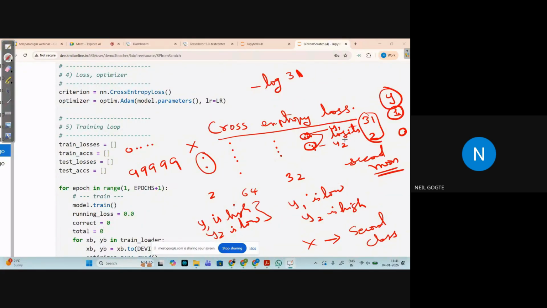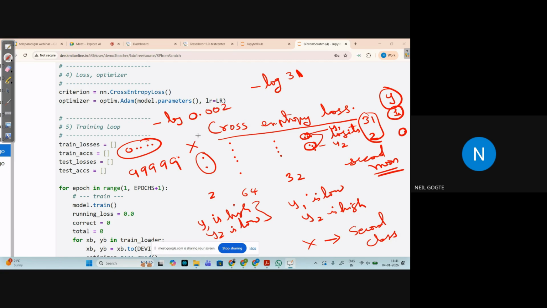But imagine that our network is producing for Y1 a value which is very low, then it would be wrong. And a value for Y2 very high, then it would be wrong, because this is 0 here and 1 here. So now how does this translate into this? Now, if I have a wrong answer, the degree of wrongness of the answer is, look at it this way, minus log of 0. Very small value,